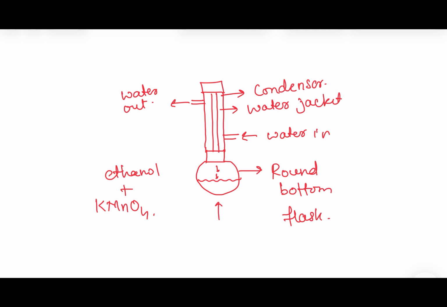Now this might somewhat look similar to the distillation method. But in the distillation method we actually collect the vapors, we liquefy or cool down the vapors and we collect it separately in a beaker, but here we do not do that. The product which is formed is present inside the round bottom flask only. It is being collected in the round bottom flask only, because of which there is no separate collector or beaker which we are going to use. So this is the reflux method which we are going to use for making carboxylic acids from alcohol.